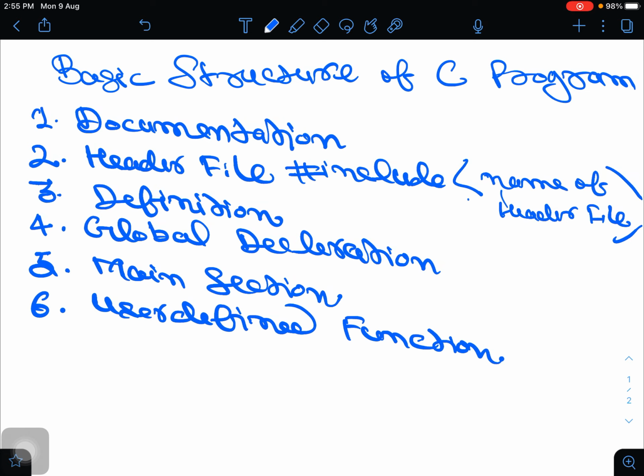Suppose you are having a register and you have to write something in your register. Before using the register, at first you have to open your register. After this, you will use it, and after completing the task, you will close the register. In the same manner here, the left angle bracket opens the header file, and after this we use functions. After using functions, this header file is closed.